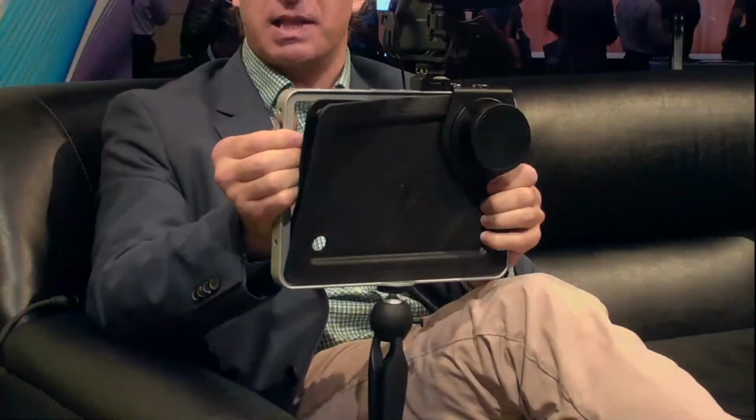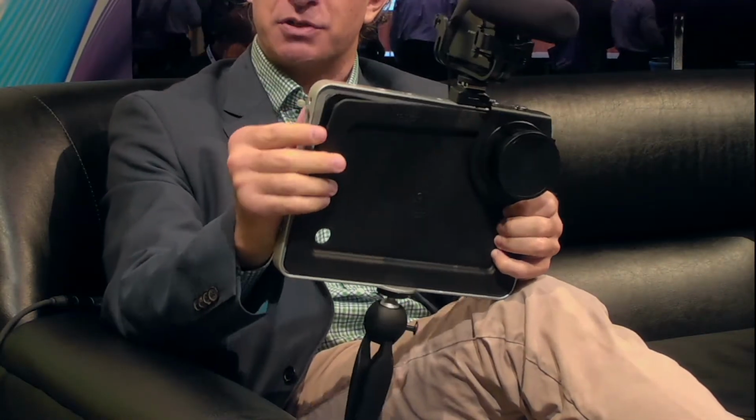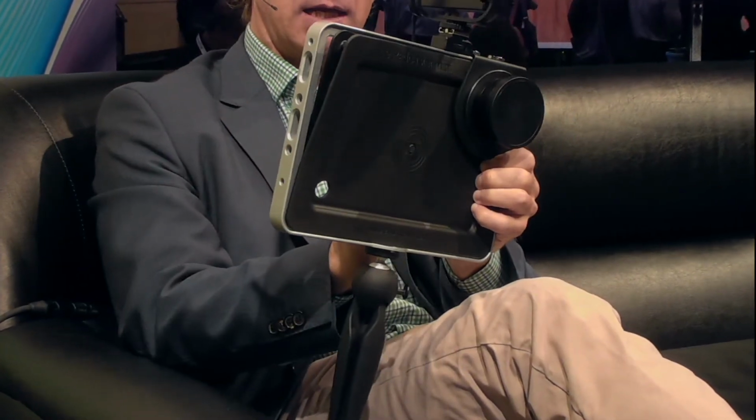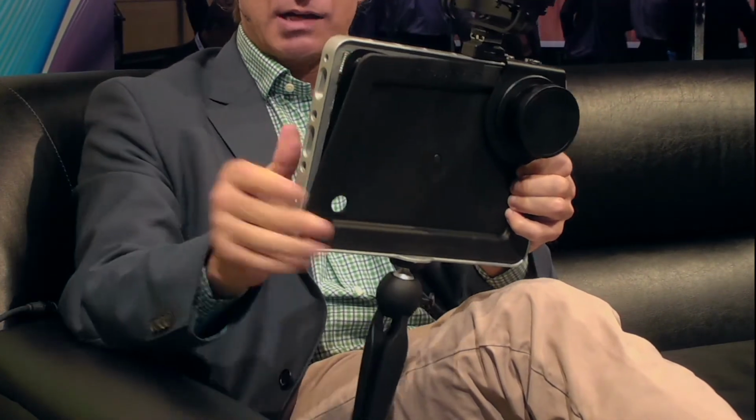Right. So forgetting the microphone and the lens, and the bracket, forgetting content creation, it's a very versatile device. So you can actually, this pops out. It's just an insert, and then it becomes a frame. And you can mount cameras and that. Or if you want to keep it in for digital signage, we have a locking device. So you could put your pad in here. It locks, so it's secure, and then you can mount it to any